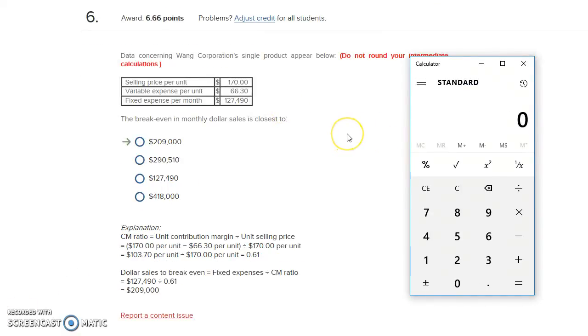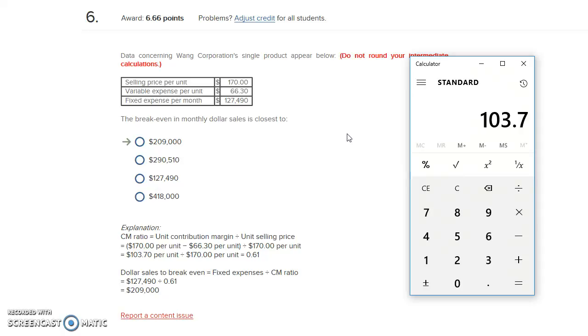Okay, so break even. This is one of my favorite questions. So we have a selling price per unit. So we sell these items, again, let's just call them bicycles, we sell them for $170. We buy them for $66.30. So that means if we sell them for 170, we buy them for $66.30. We have $103.70 left over. Our fixed expenses per month are